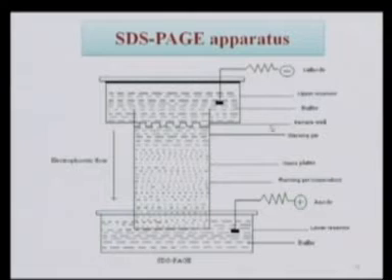Okay, so now friends, coming back to the presentation part, here you can see the SDS-PAGE apparatus. The typical apparatus looks like this. So one is the tank, as I said just now. The upper one is a buffer tank and the lower one is also a buffer tank. Okay, and in between there is a glass slide. Okay, and here in the gel we are able to see two parts. One is called stacking gel, the other one is called running gel. So the first one is stacking gel.